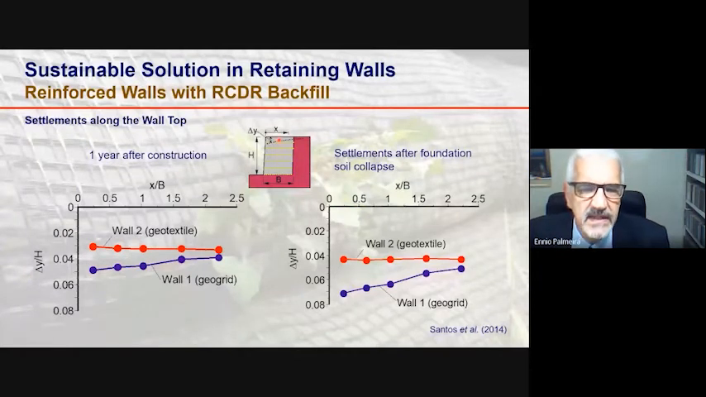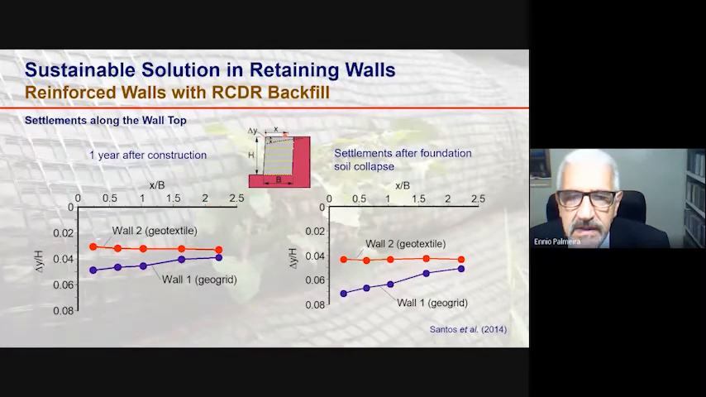Here we see the settlements normalized by the height of the wall along the top of the wall. So here you see the profile settlement for wall 2, reinforced with geotextile, very uniform settlement profile 1 year after construction. And here you see the profile obtained for wall 1